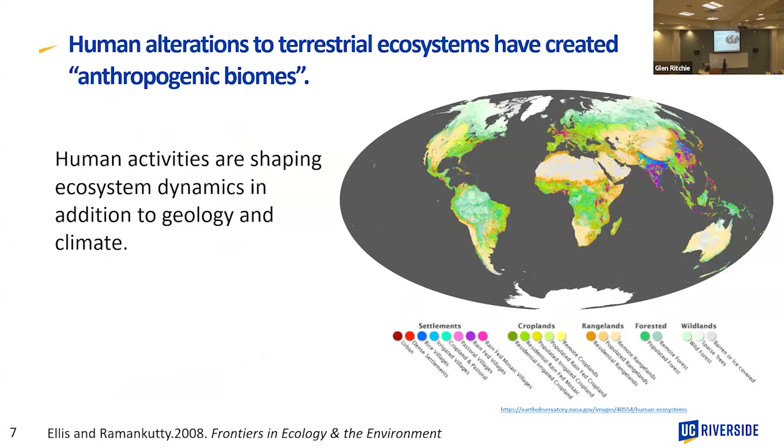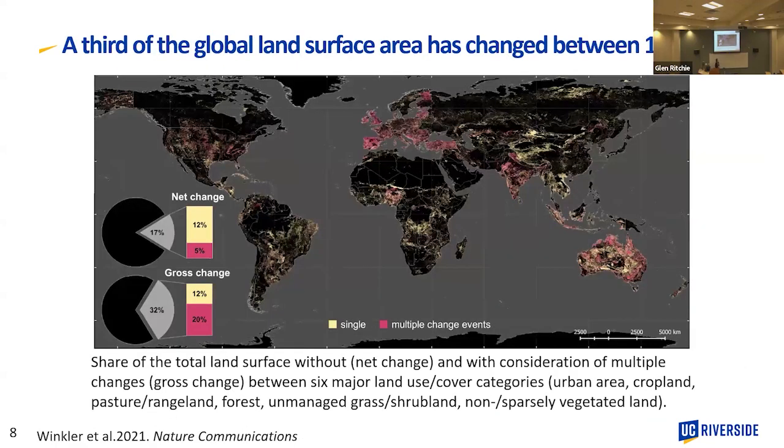But of course, in natural systems, we don't have pristine ecosystems anymore. Humans have been altering the terrestrial hydrologic system considerably, and we are the agents of change, to the extent that humans have created these anthropogenic biomes. We will see the expansion of urban areas and the expansion of irrigated agriculture. So beyond climate, geological factors, and others, human activities are also changing our hydrologic systems.